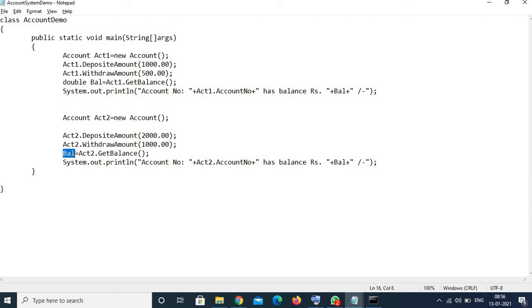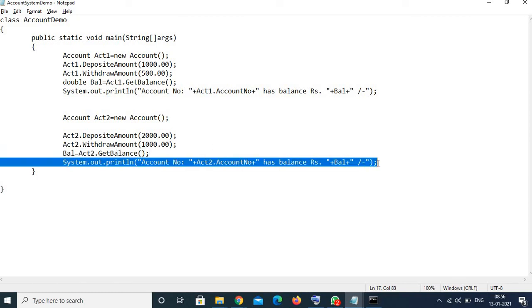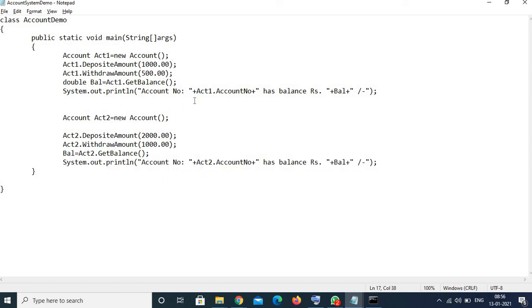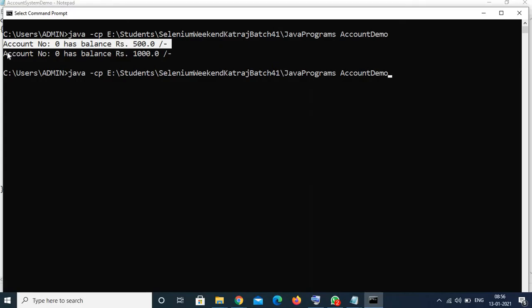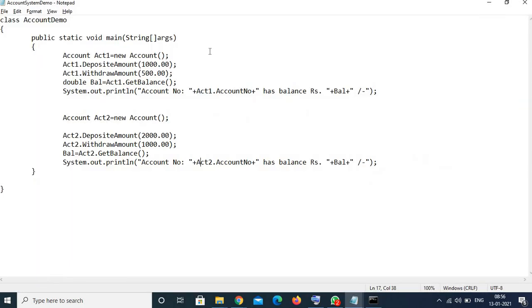Now 1000 is what we have got as a return from this function, and again we are creating a message here where I want to print the account number of act1 and act2. They happen to be the same now because we have not given any value, so they are both with their own default values. So you will see in the message the account number would be printed as 0 again because it is the default value. We haven't given any value of our own, but we can give one to make it more meaningful.